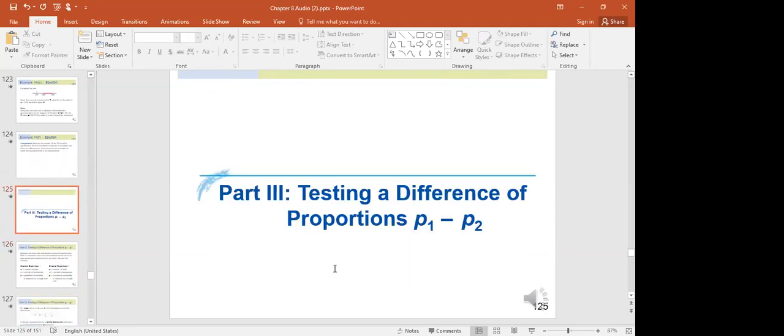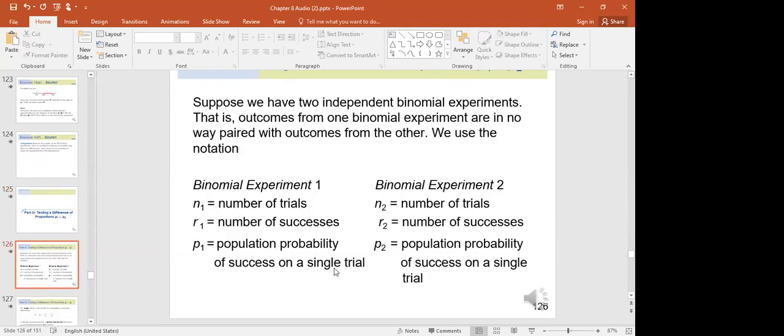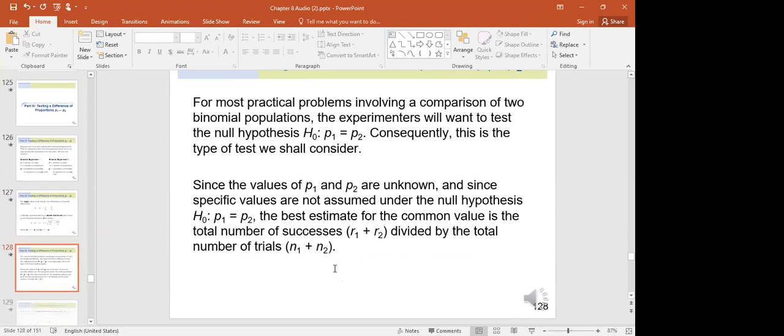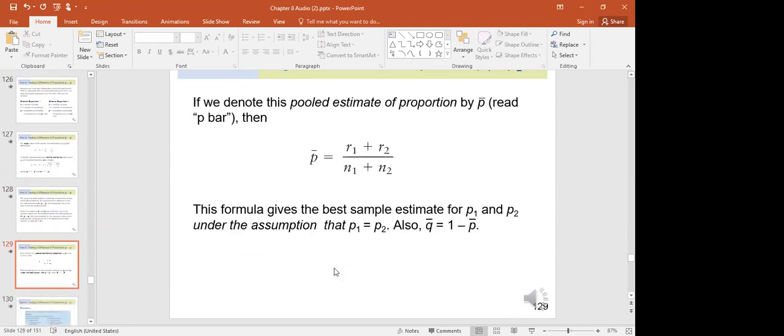Testing the difference between proportions is essentially the same thing. We are going to use the calculator again, but with a little difference here for those who don't use a calculator. Because we are doing the difference, we don't know the population proportion. So we are going to find an estimate for a common proportion, which we will call a pooled proportion, by